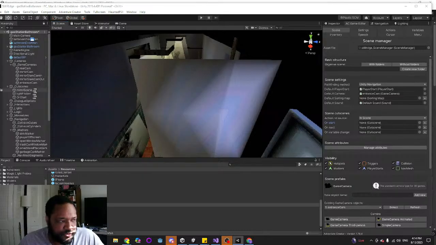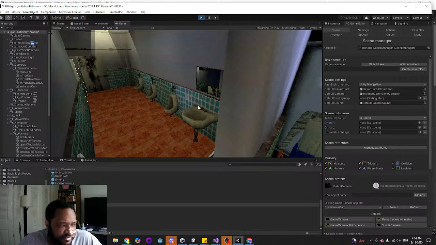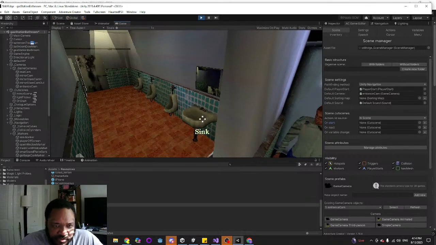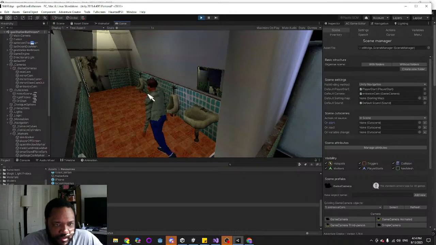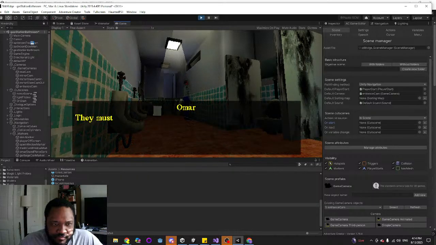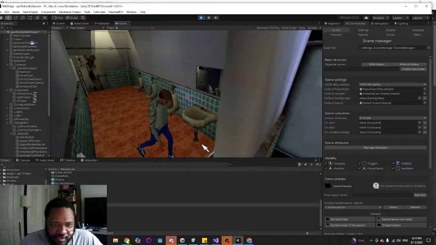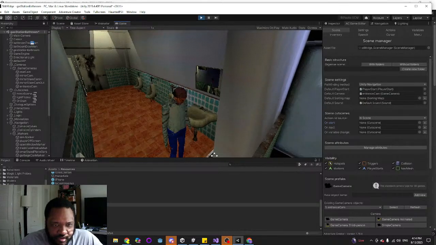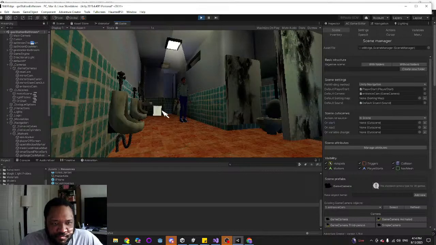Okay. So anyway, after the mirror scene, the player is going to be locked in the bathroom, and you need to pick up the trash can and put it under the window to actually climb out.